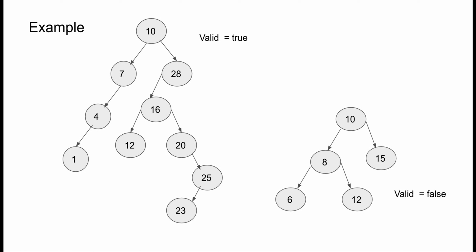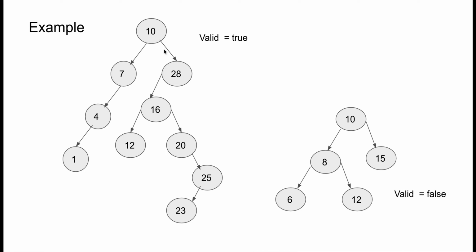normal binary tree. In a binary search tree, for every node, so let's consider the root node here, its left subtree should always have values smaller than the node. If we consider this root node 10, its left subtree should always have values smaller than 10 and its right subtree should always have values greater than 10. Now consider any other node like 16. Its left subtree should always have values smaller than 16 and its right subtree should always have values greater than 16. And this should be true for each and every node.